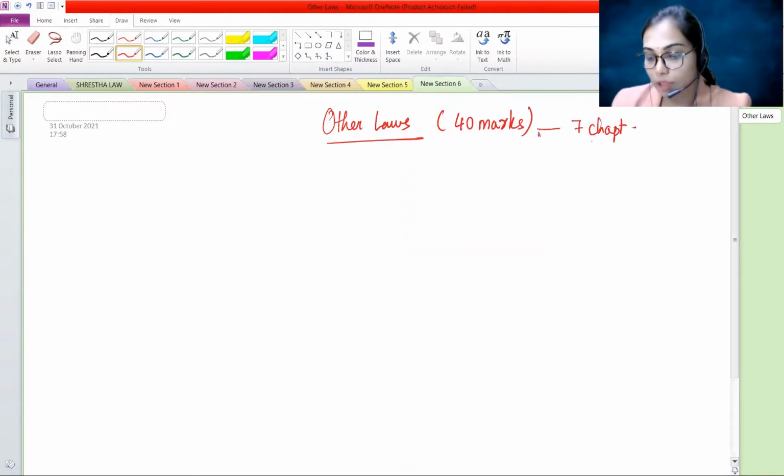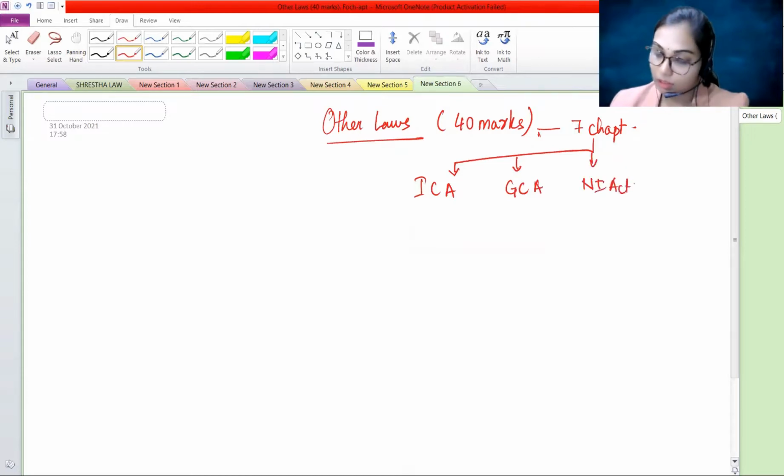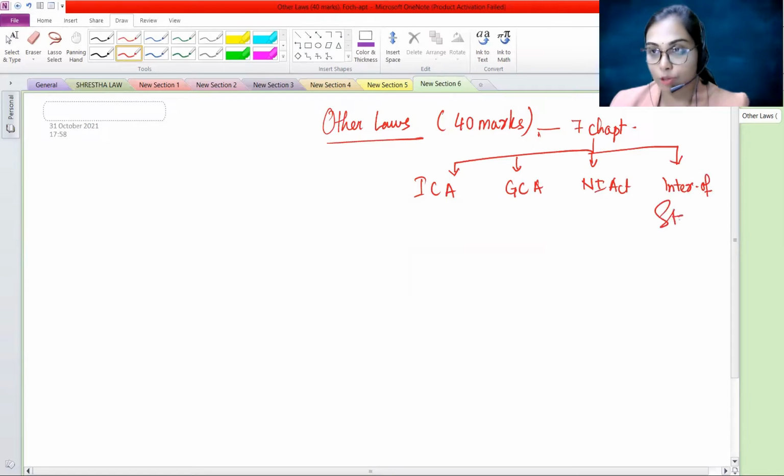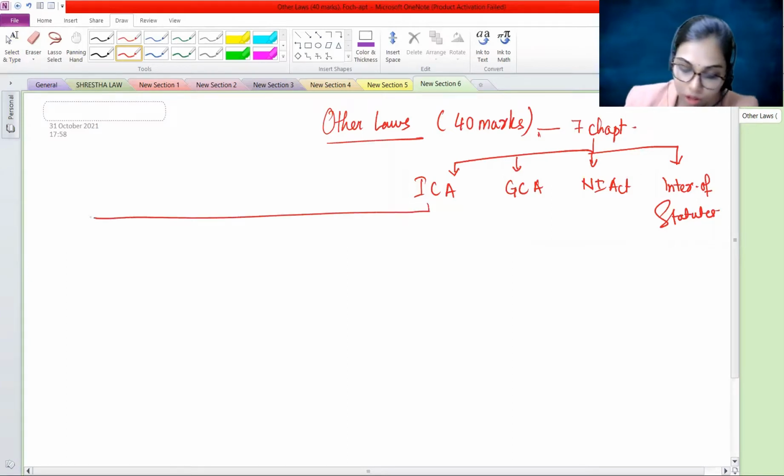These 7 chapters are the Indian Contract Act, the General Clauses Act, the Negotiable Instruments Act, and another chapter, Interpretation of Statutes. Now, for a better understanding of this particular portion, that is